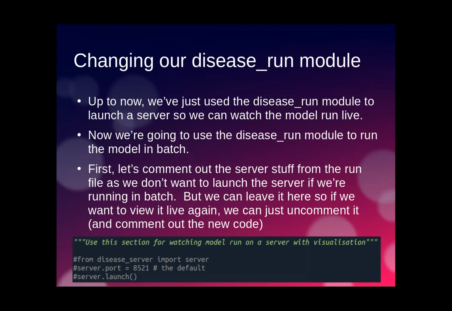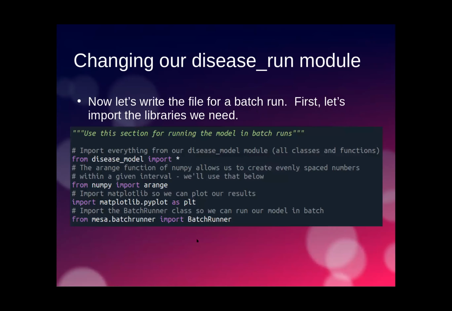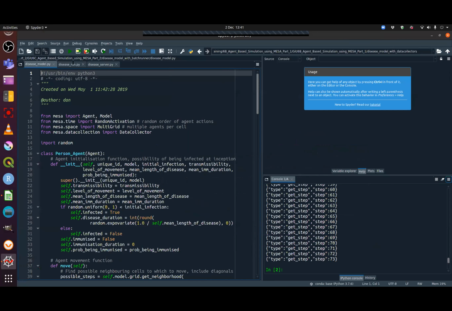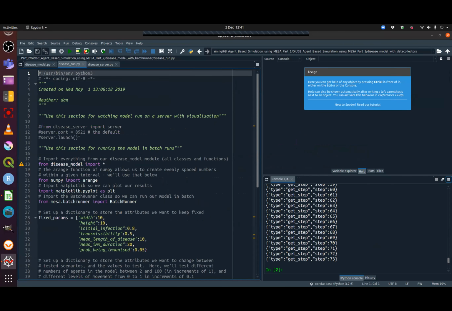So that's really useful. So we're just going to comment out that bit of the code for this. So now we're going to write the new stuff for our disease run file. So first of all, we're going to import the libraries that we need. I've commented that out, and you can see I've put little notes here that say